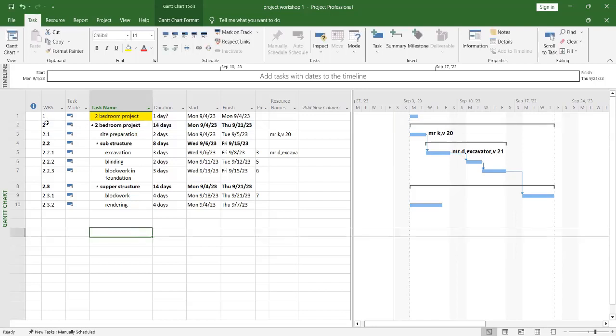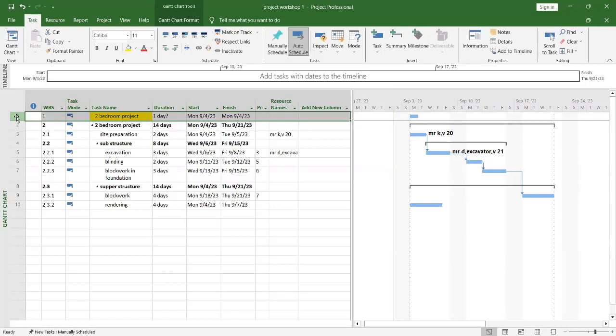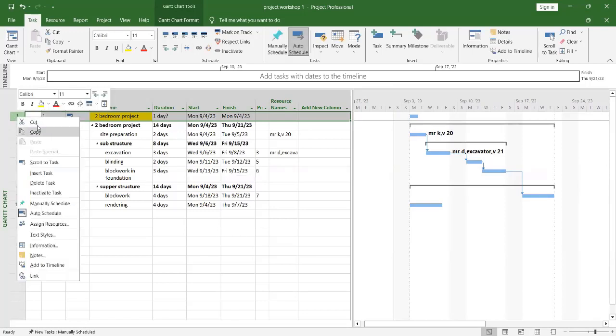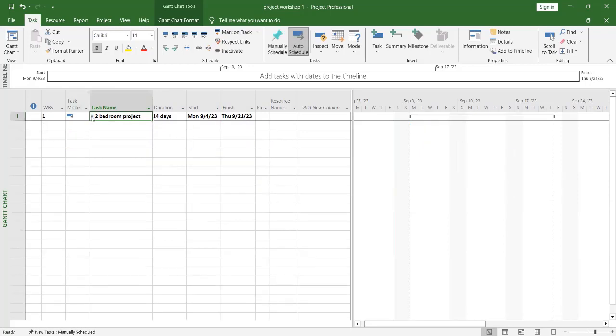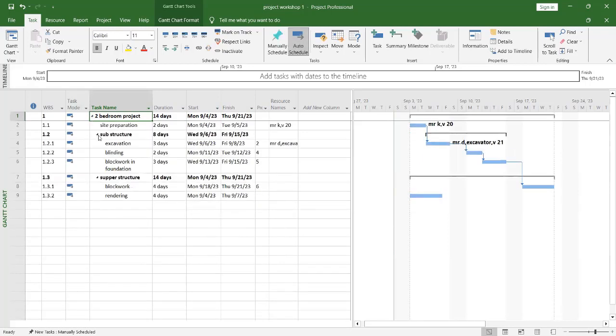All right. So I don't need this any longer, so I delete this. So now if I click here, you see that all the projects are under this 2-bedroom, and then